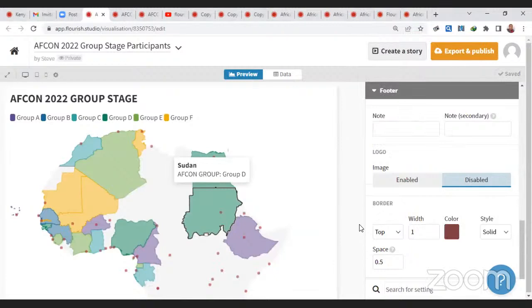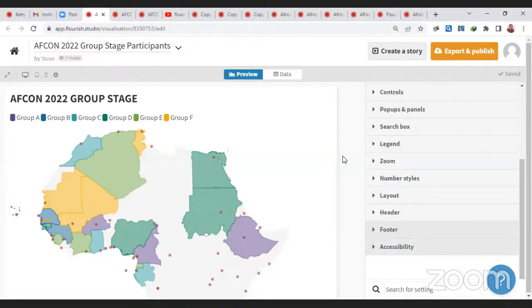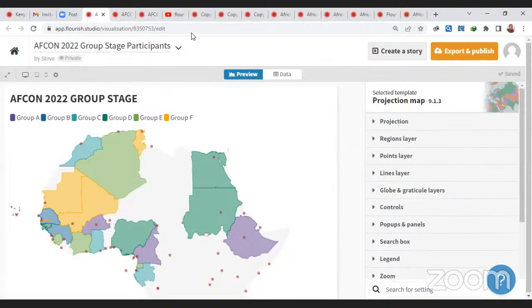That just shows you the amount of customization that you can really include in your work, to really customize it and make it quite attractive and make it look very well in terms of how you want it to appear to your audience. So that's it for the image,